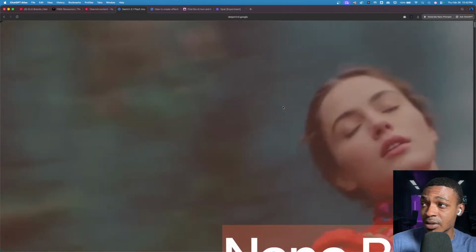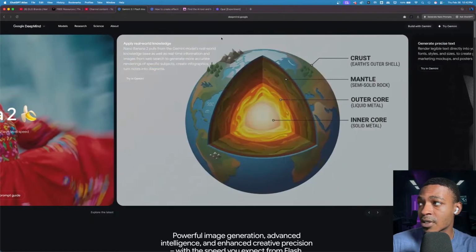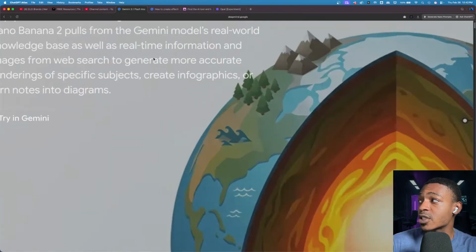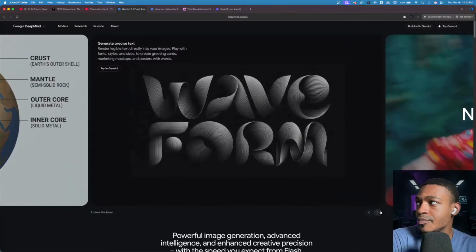create motion. Oops, let's go back over. So I'm not gonna highlight. Create infographics or turn notes into diagrams. Okay, so we got this right there. Cool. And honestly,